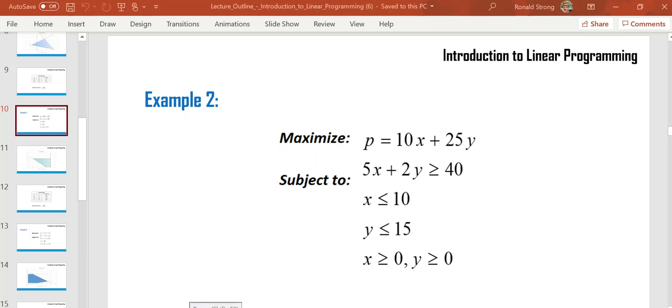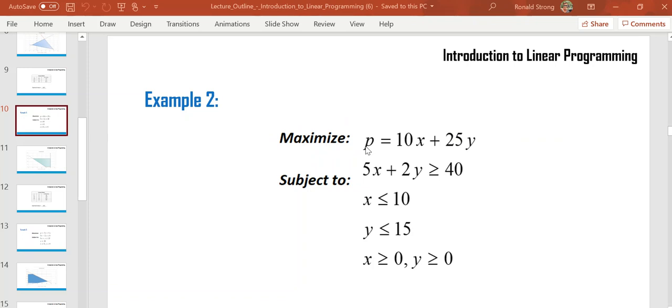Hello, in this video I'm going to do a couple more examples of linear programming using the graphical technique. So remember, a linear programming problem always has some type of an objective function. In example 2, the objective function is P equals 10x plus 25y, and we want to maximize that. In other words, find the maximum value of P, which I like to think of as profit. It doesn't necessarily mean profit, but it's just an easy way to think of P as for profit, something that